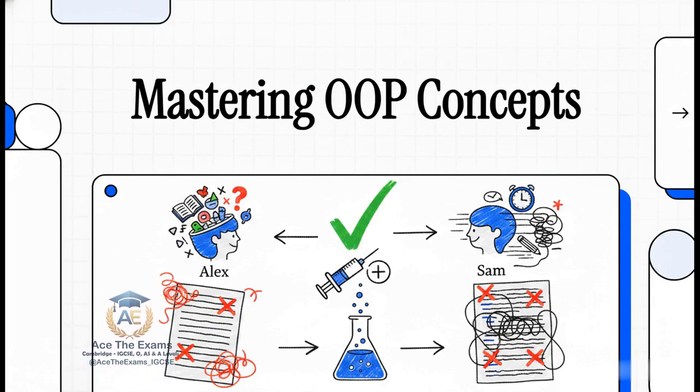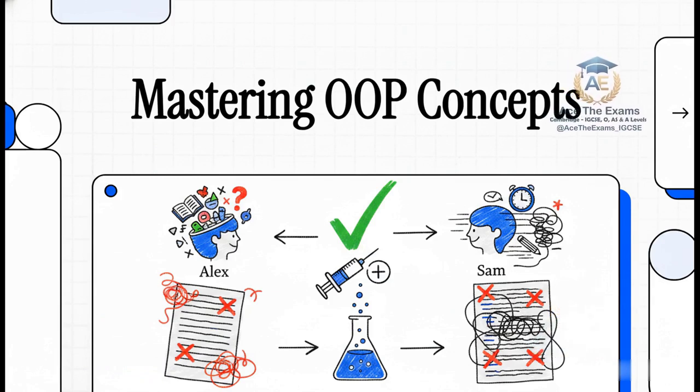On the other side of our screen, we have Sam. Sam takes one look at the question, sees the clock ticking, panics, and rushes straight into writing lines of code. Sam completely ignores the specific command word requirements, completely misses the boundary conditions, and again, the examiner's red pen strikes without mercy. Look, whether you're building your foundational skills in the IGCSE courses like 0417, 0478, 0983, 0984, or 2210,